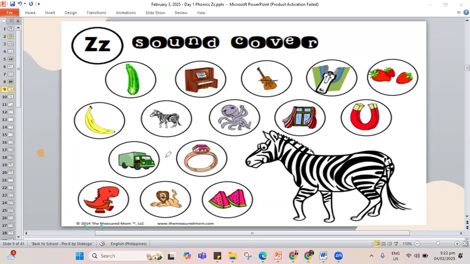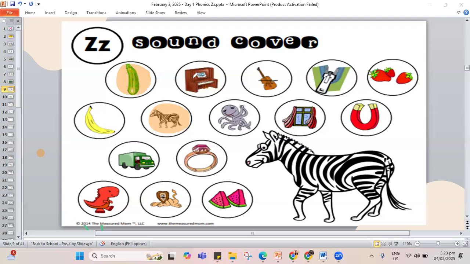I think I'm going to color for zebra. Color or cover for it. So zebra begins with the letter Z. What else? Does banana go in Z? No, that's for B. What about the truck? It's letter T. This is the T-Rex, doesn't go in the letter Z, but it ends with X. Is lion for letter Z? No, that's for L. What about a kind of vegetable? Zucchini. Yes, let's call her zucchini.